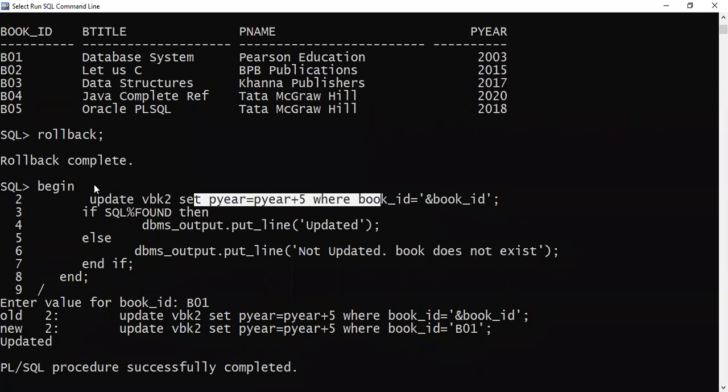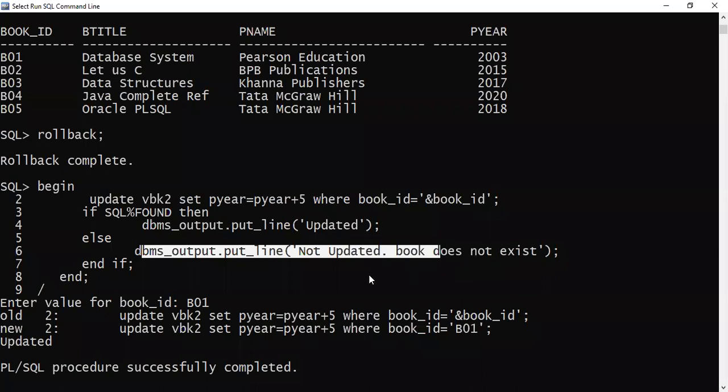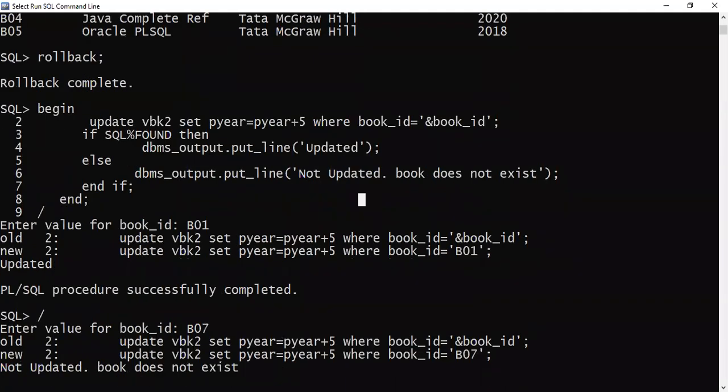Or if I have executed a select statement, then whether the select statement could fetch at least a single record. If it cannot fetch any record, then %FOUND will return false. So as we have seen in my B07 case, it returned false, and that's why the program printed the message: not updated, book does not exist. Is it clear to you?